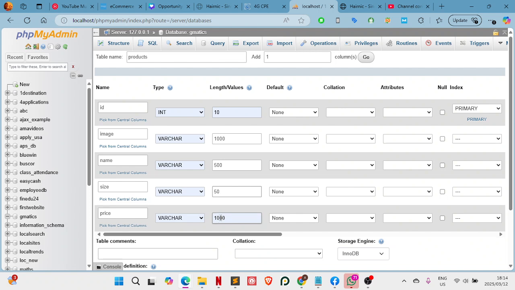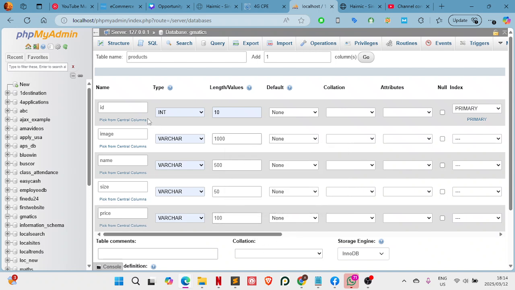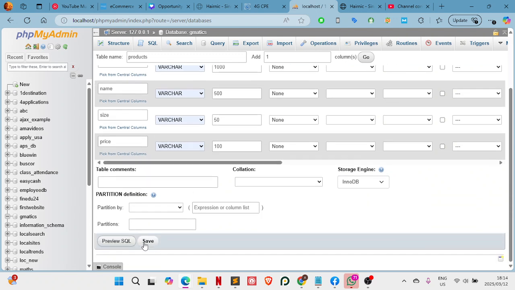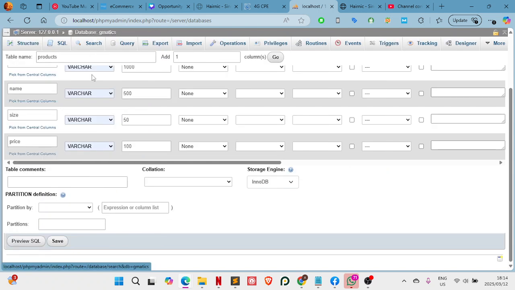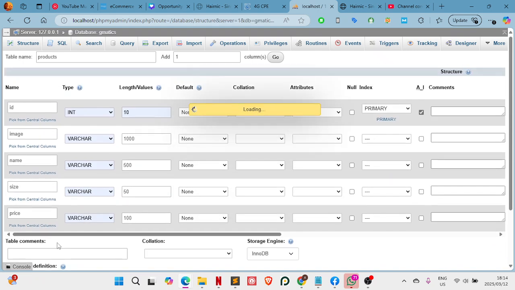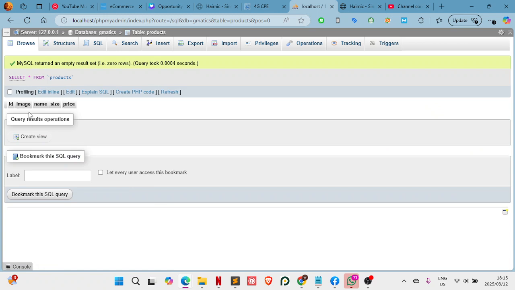or things like that. And then for the price, for the characters, even if we say 100 characters, I think it's okay. And this one, the ID is going to be our primary key, and then I think that's it. We are going to save our database. So let us just say save. Okay, so here we do have our database, and if we can check it, at the moment we have no